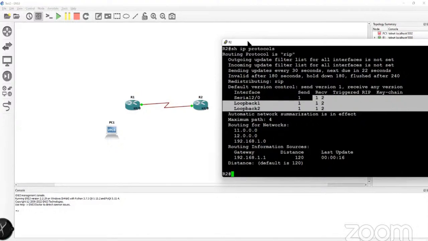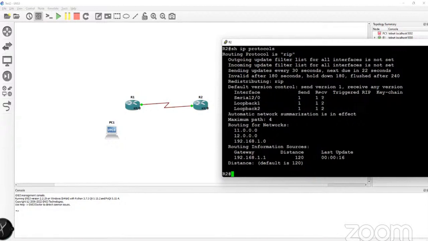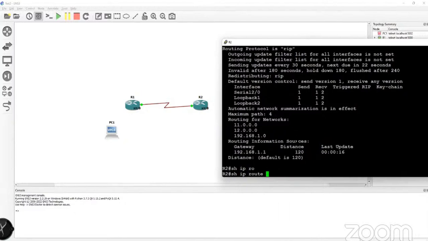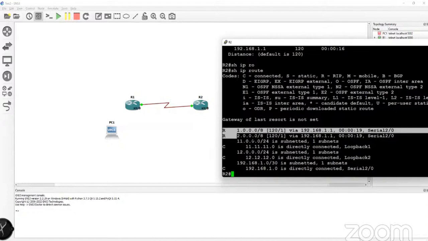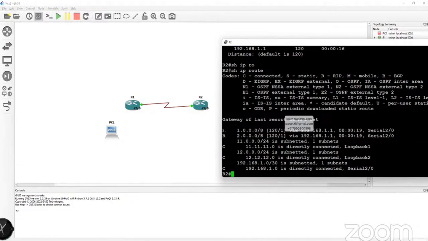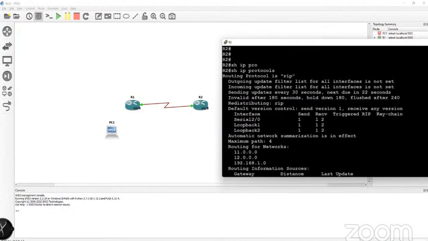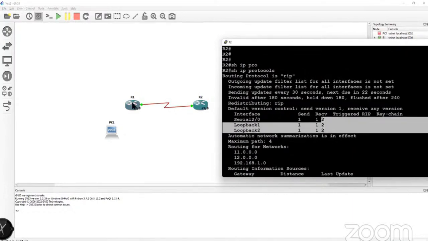Let me tell you some scenarios that you might get into in future. Right now, this guy can receive version 2 packets. That's why this guy is receiving the routes. But you can see this guy is receiving those packets as /8 only, right? Because it is running version 1, it does not understand VLSM and CIDR and the classless things. So it is receiving because it can understand the version 2 packets, but R1 cannot understand the